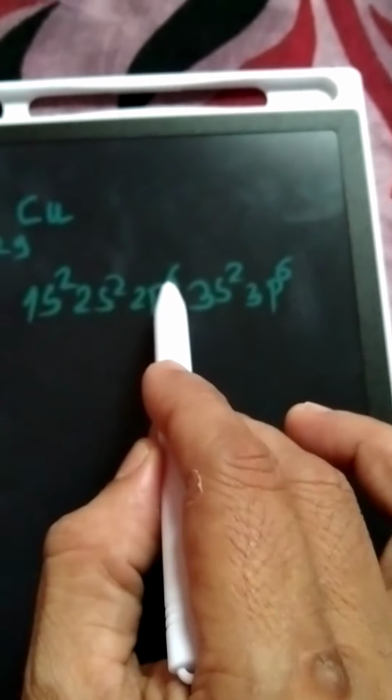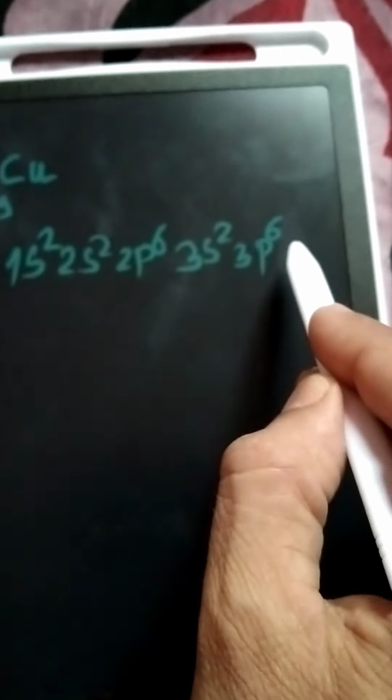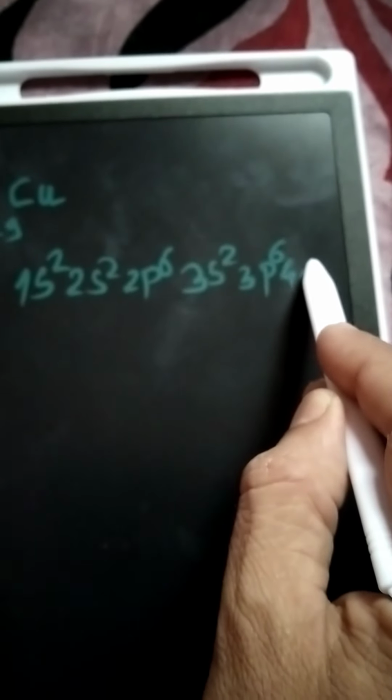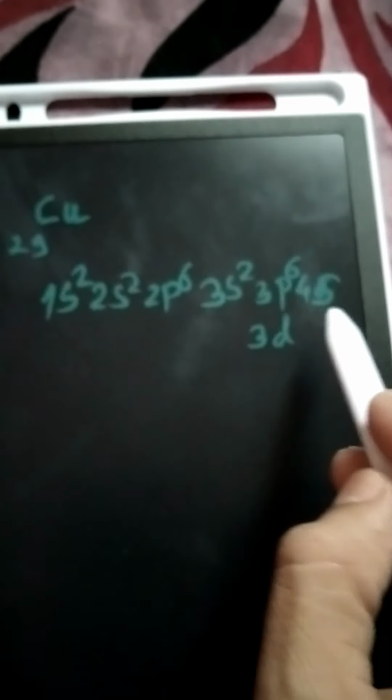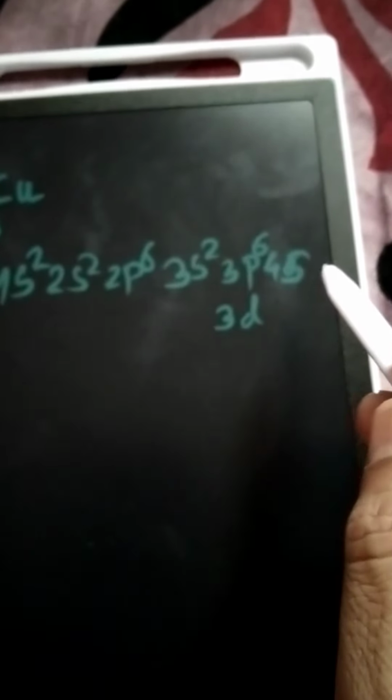How many electrons are now filled? 10 plus 8, 18 electrons. Then the 4s orbital is filled first, after that the 3d orbital. So here we have to fill the electrons first